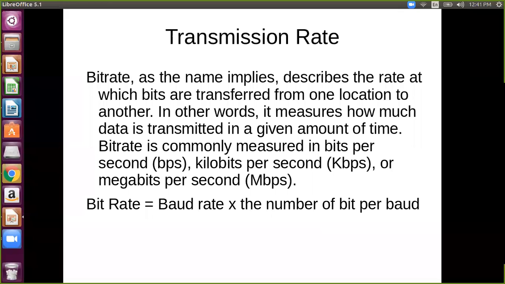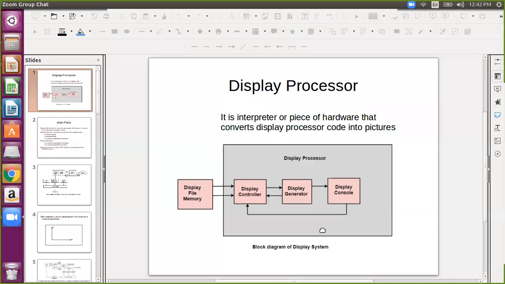The next 8 bits are transmitted in the next unit time. This calculation is similar. So transmission of bits from one location to another is considered in two types. This is actually the transmission rate. This is all about it.